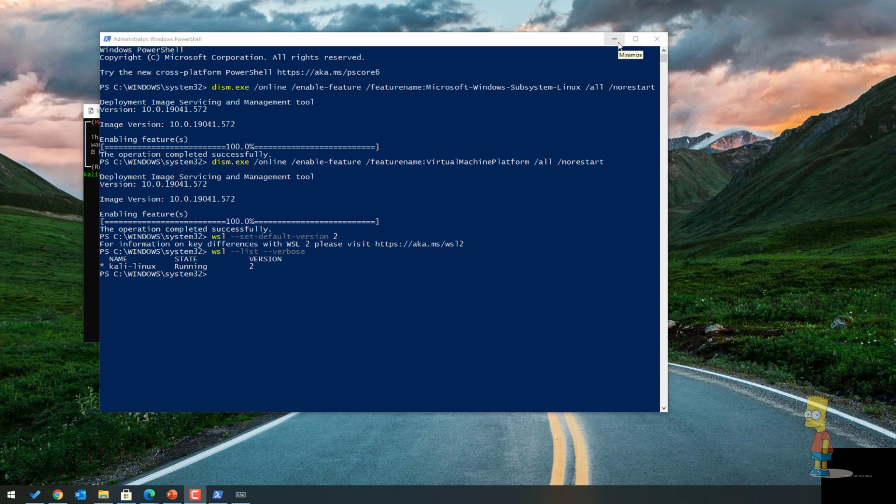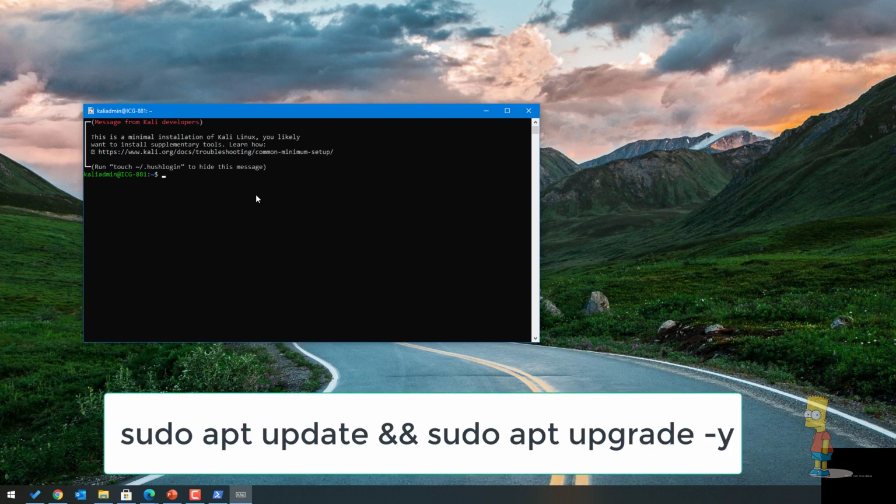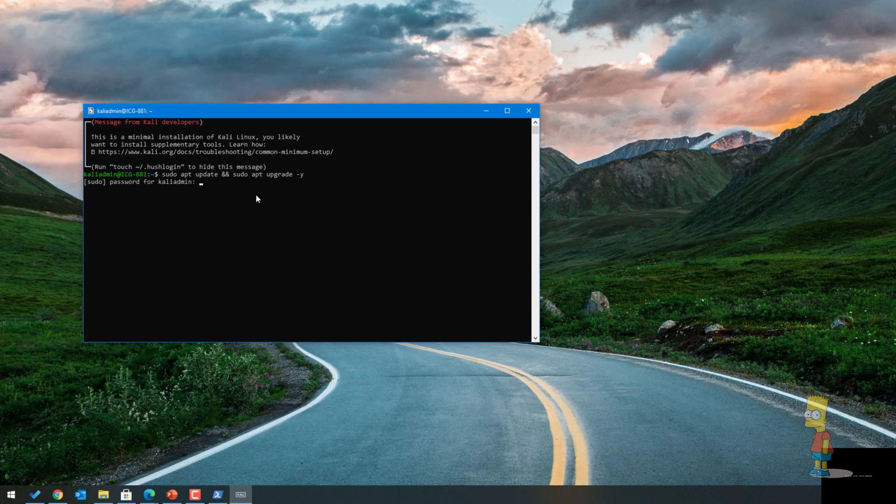The next part is enabling the GUI for Kali Linux. This can be done in two ways. One is enabling the X window and then accessing Kali Linux in RDP mode. Let me show that mode first. To upgrade to the GUI, enter the command line on Kali Linux and type sudo apt update and sudo apt upgrade -y. This will do the update and upgrade.